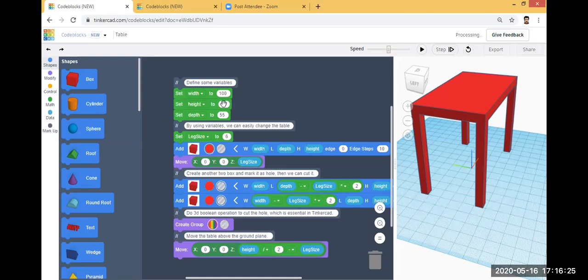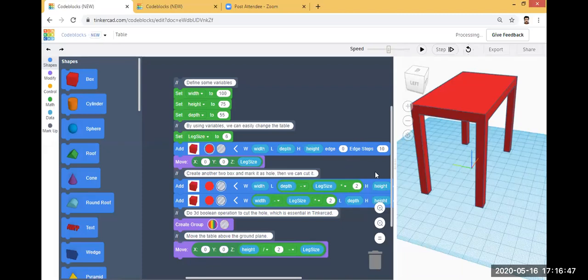So here you are not writing any particular text format. So that is the overall idea about code blocks in Tinkercad.